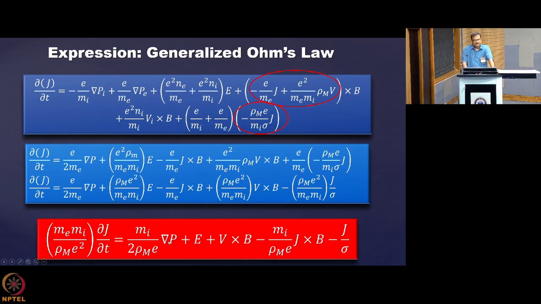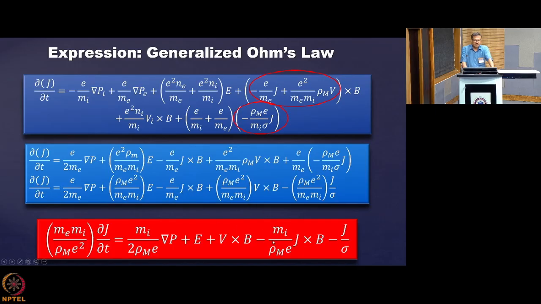then this one is giving you E because this inverse factor has been multiplied, so bare E is coming, and this is, you know, this one is V cross B. Which one? This one. This one is coming as V cross B, and this term again you are multiplying by e by me, so you will get similar except this factor 2. So mi by rho me you are getting over here, and then J cross B.